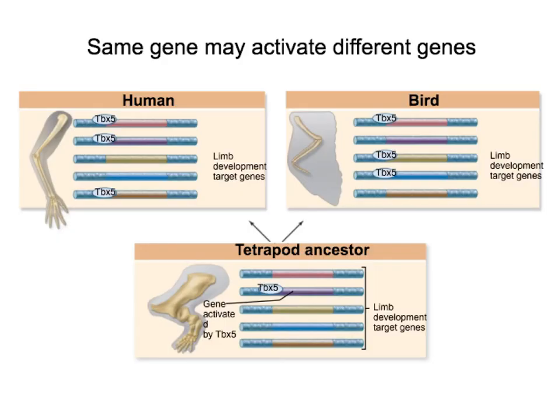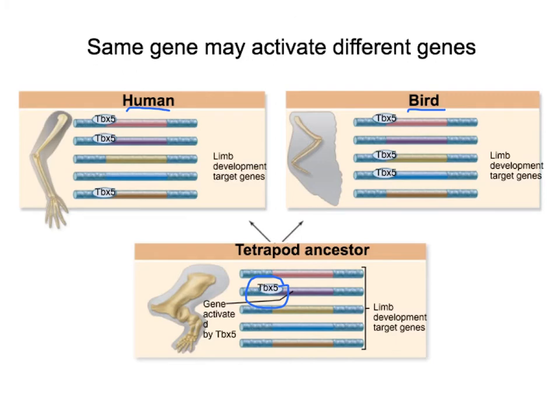The fruit fly eye example is similar to the genes that regulate limb development in tetrapods that we've mentioned before. So we said how this transcription factor TBX5 regulates limb development in ancestral tetrapods, it regulates it in humans, and it also regulates it in birds. Although different genes are activated in these different species, the same transcription factor is responsible for activating those genes involved